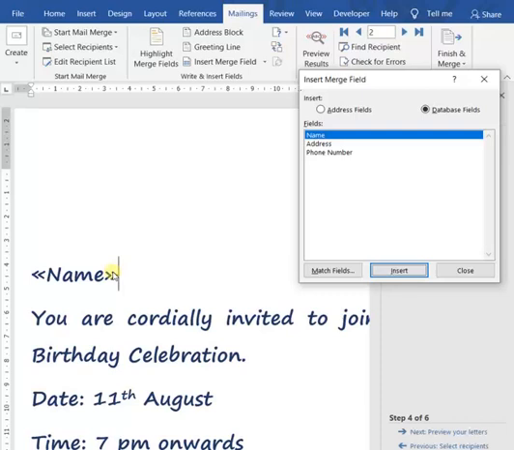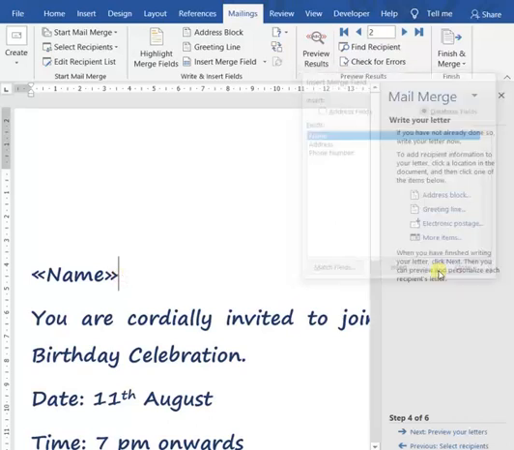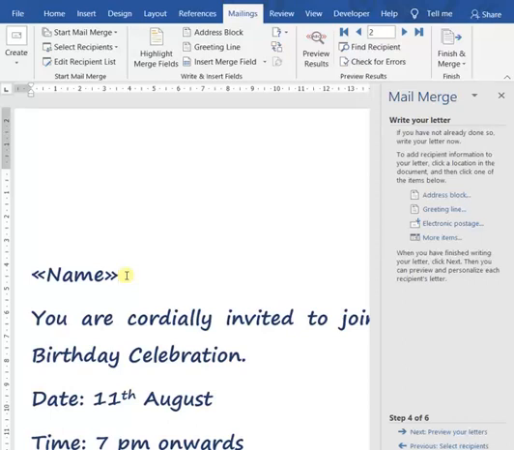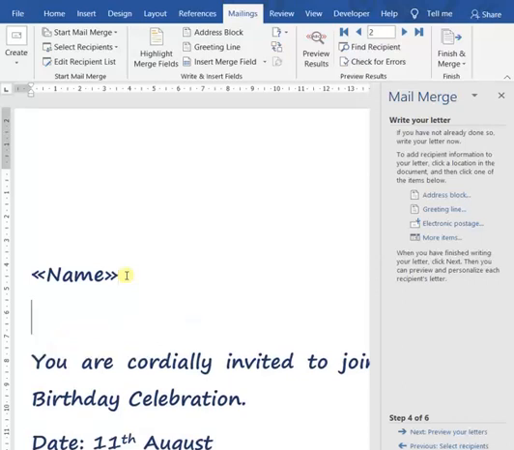Now if I want the address of the contact to also appear in our letter, for that we'll set the position for the contact address also. For that, press enter once. It is coming to the next line.